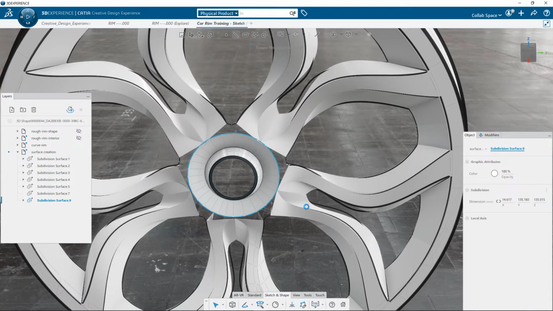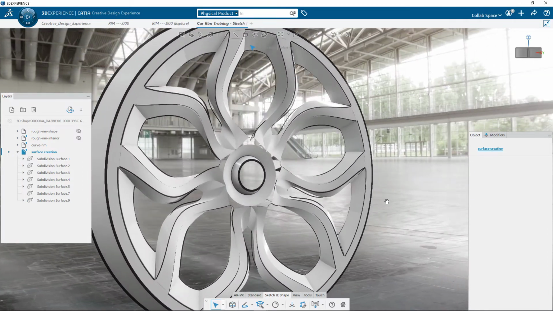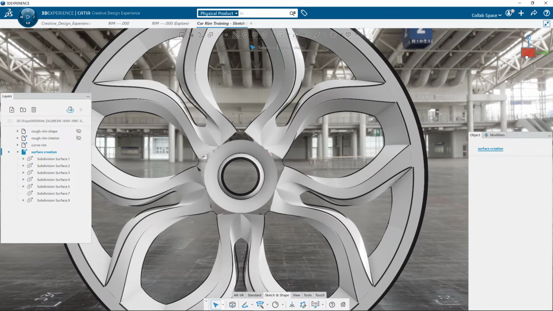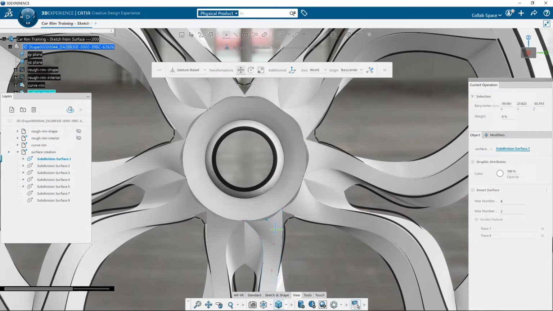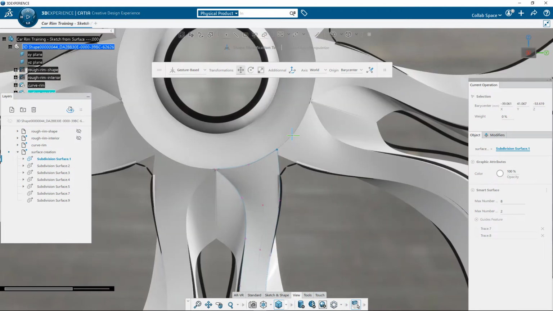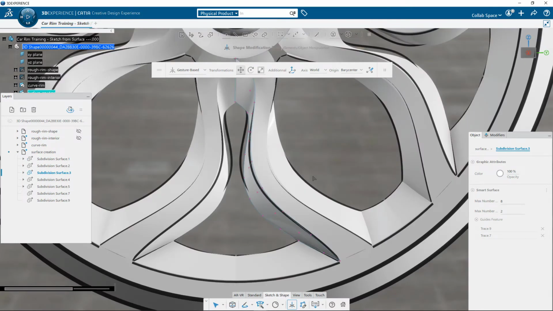I use a cylindrical surface as a reference to transform the rim stick surface shape. I start by selecting the surface to isolate it while I am modeling it. With the Transform command, the Vertex Selection filter activated and the Translation mode, I move the vertices to match both surfaces together. With the Transform command, I refine the resulting surface for the stick by manipulating each vertex to make it fit better to the original curves.